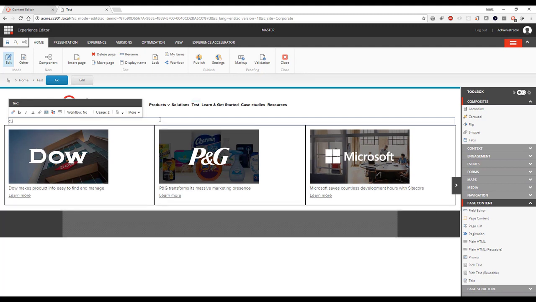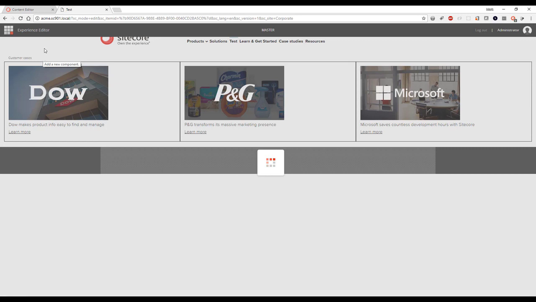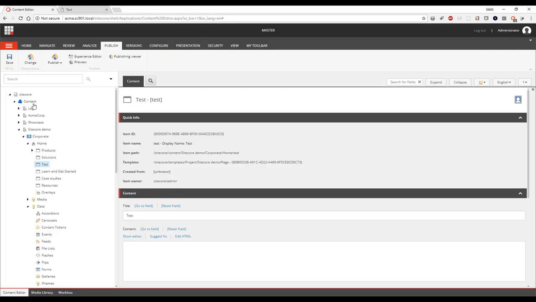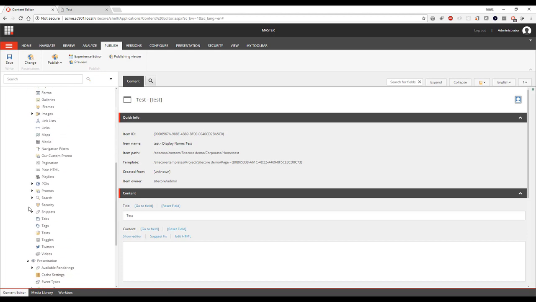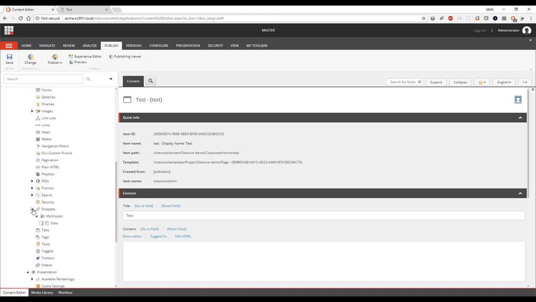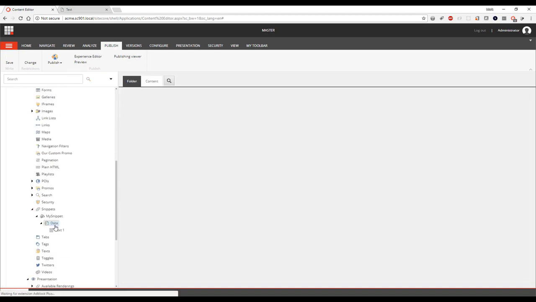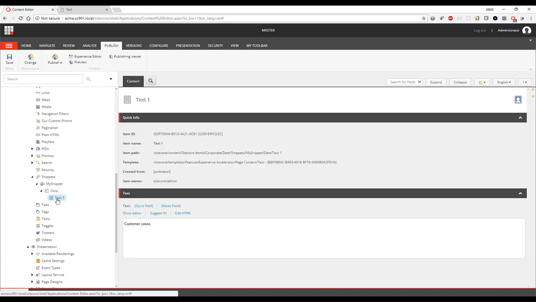And we will just name it customer cases. So we save our item. And now if you go into the content editor, you'll see that when I reload the data structure, we have a snippet over here. And this snippet contains the text, since the text is stored within the snippet itself, and the other components are